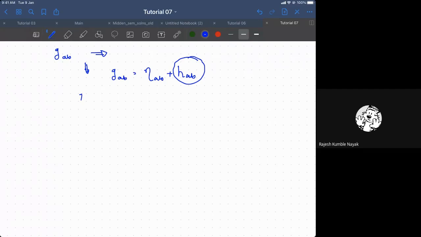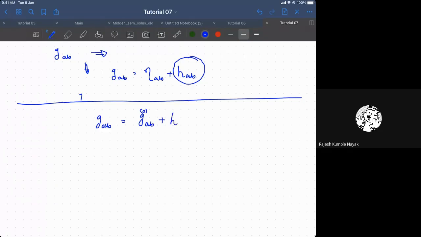Another way of doing it is to not do an approximation in the space-time of Minkowski. On the other hand, let me write down the metric g_ab as g_ab0, which is the unperturbed metric, plus h_ab, a small quantity. Here you have an exact solution to Einstein's equation, and then the small perturbation. So h_ab, in magnitude, is much smaller than 1, or than g_ab0.